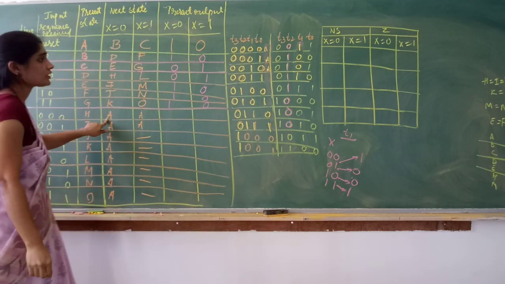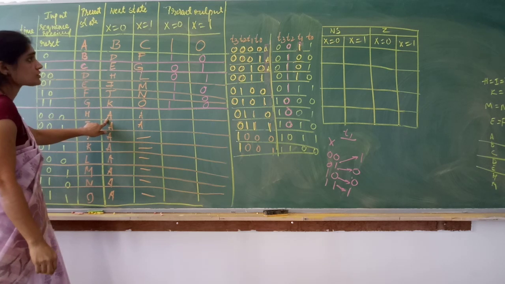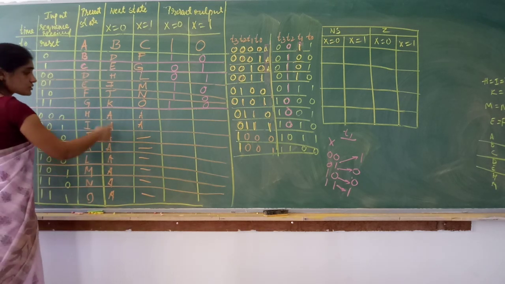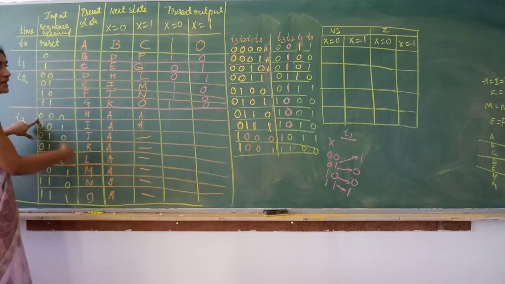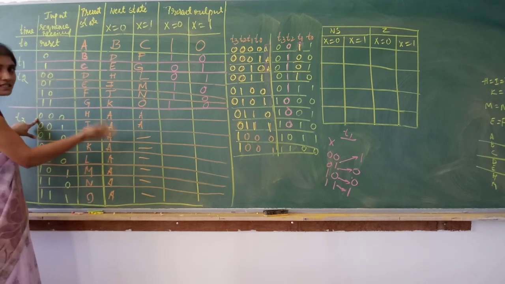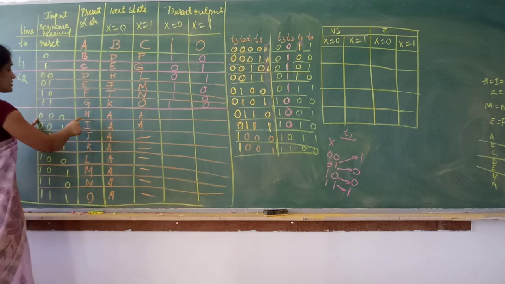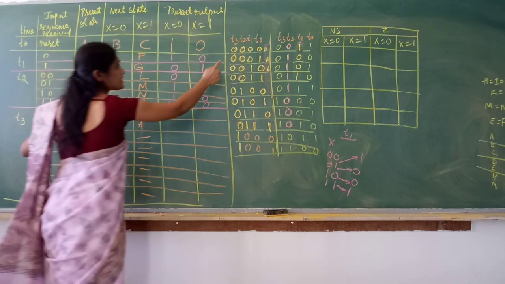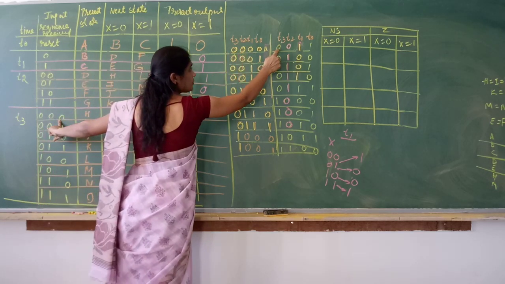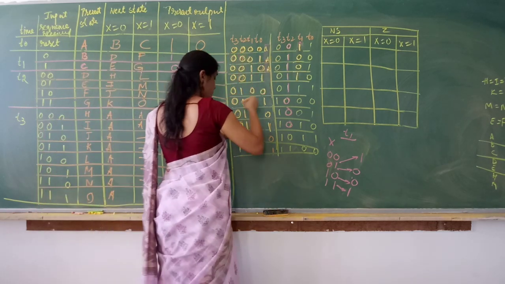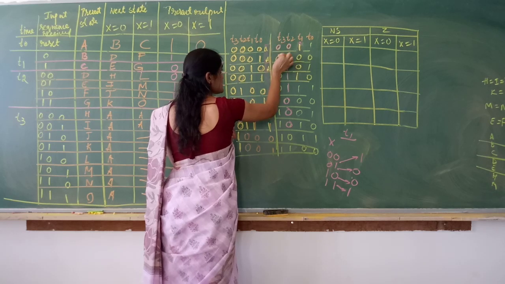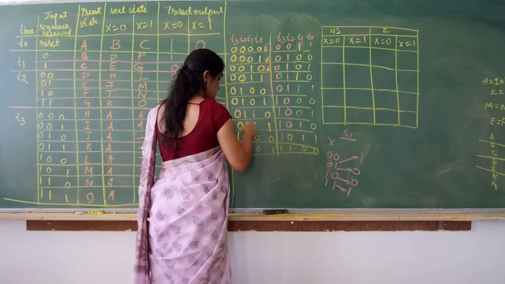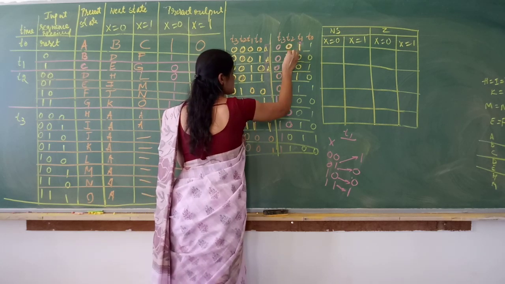Now you have to write the output. So for that, what are you going to write? Just look here. We are not supposed to see this because different states we don't have. It is all reset, but the output is different. So if it is 0, 0, 0, 0, what is the output? T3 output you have to see now, because we are looking at time T3.